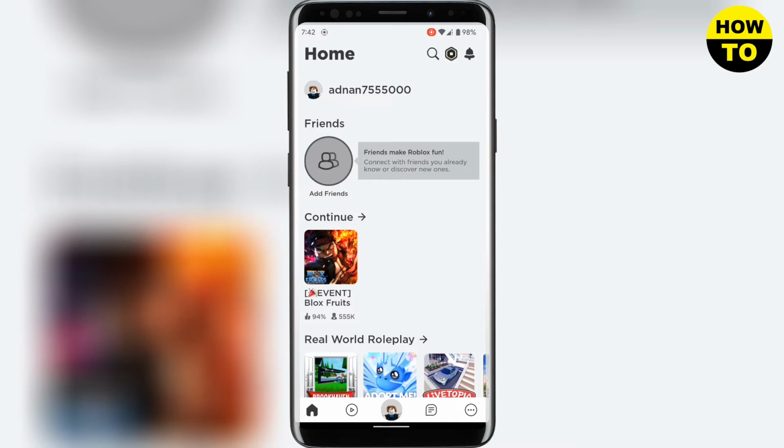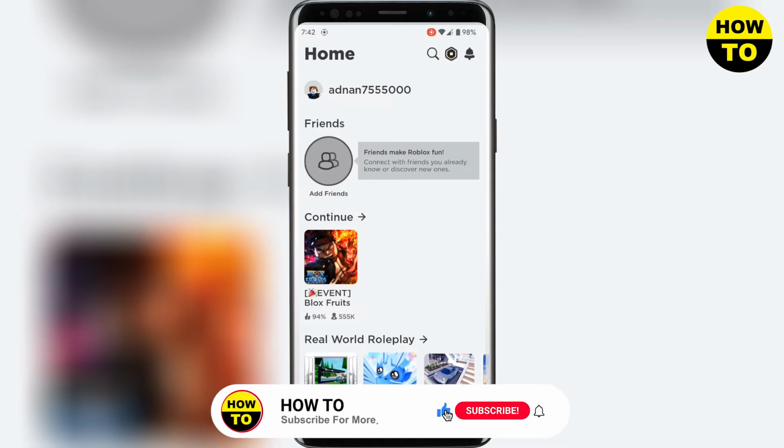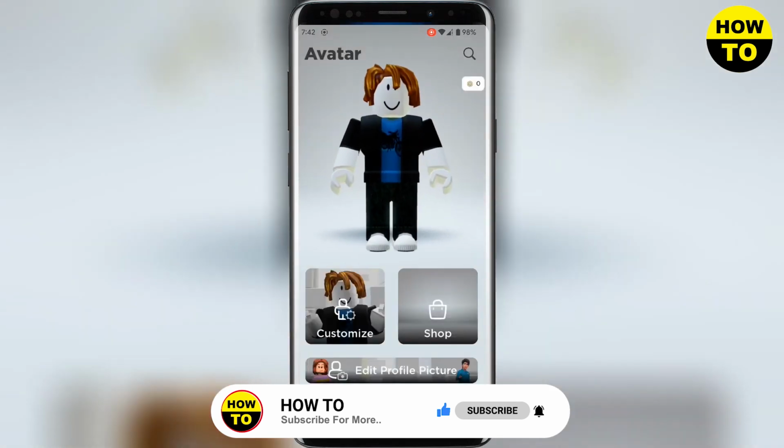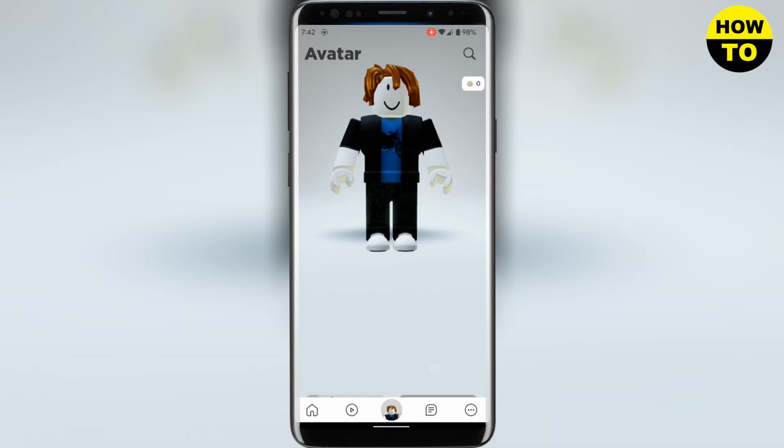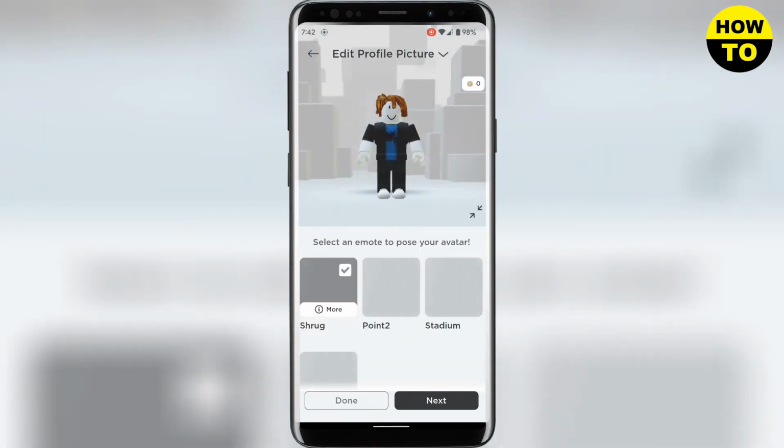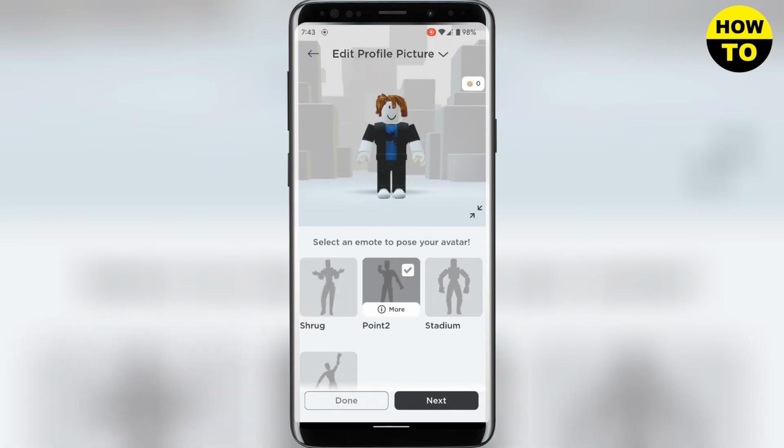So let's get started. On the bottom you will see 5 buttons. You need to click the middle one, in which your avatar is showing. After clicking it, on the bottom you will see edit profile picture. You need to click on it, and after clicking you can select an emote